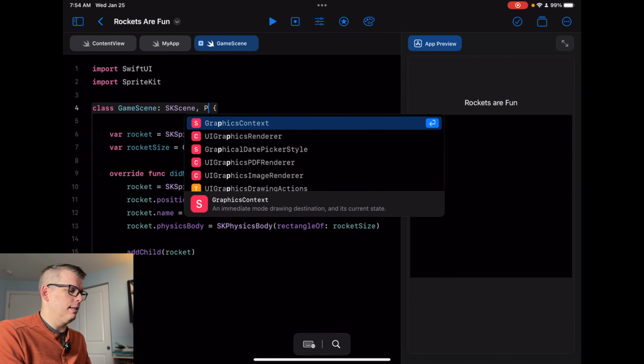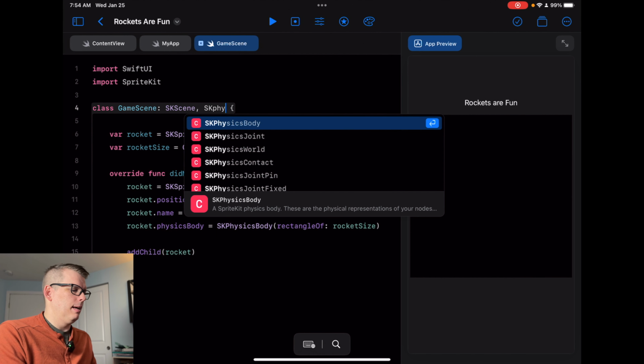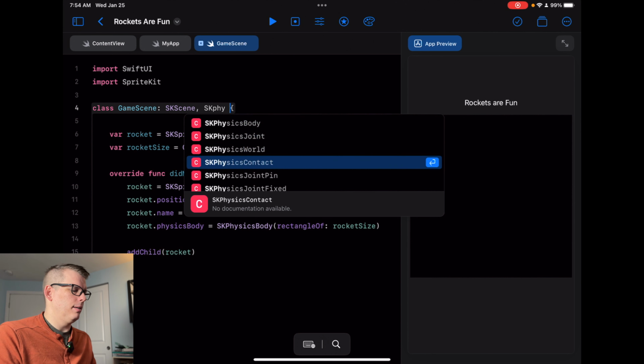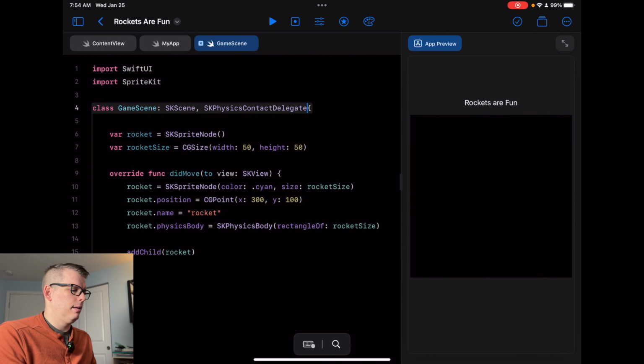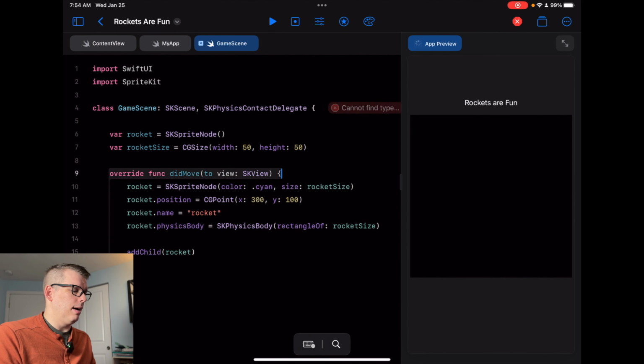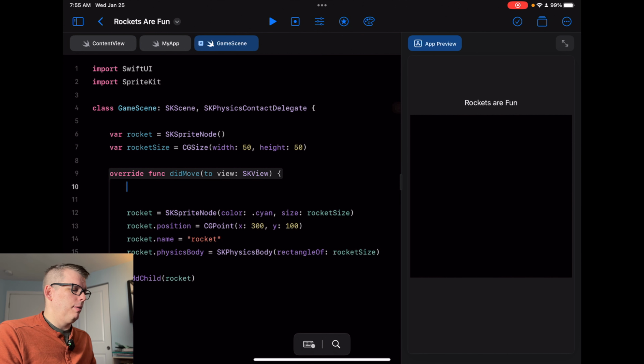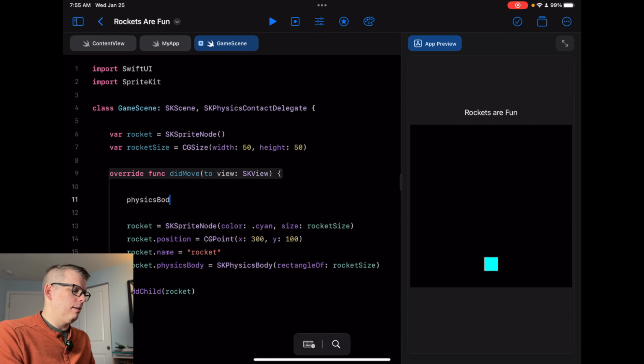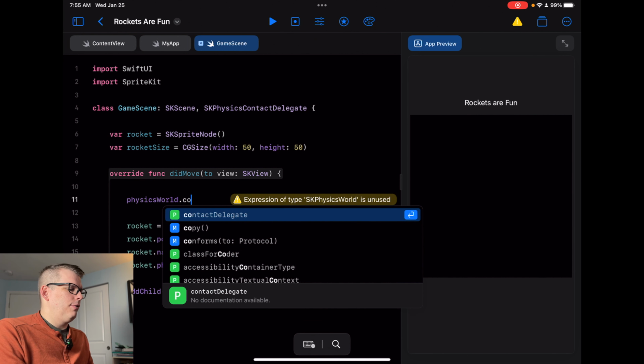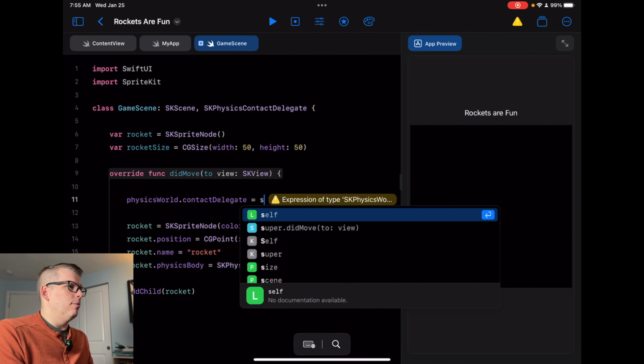So we need an SKPhysicsContactDelegate that's going to allow us to pick up the contacts, and we're going to want to maybe control the world a bit. So we're going to have physics.contactDelegate equals self,